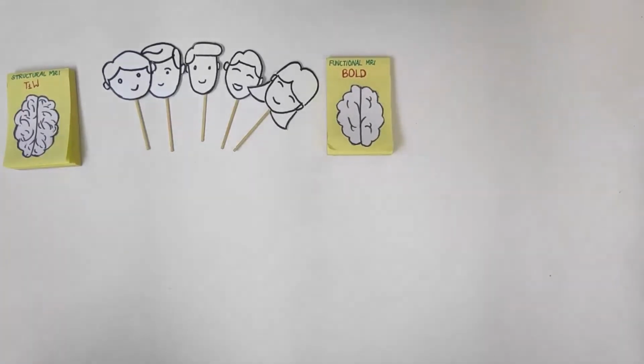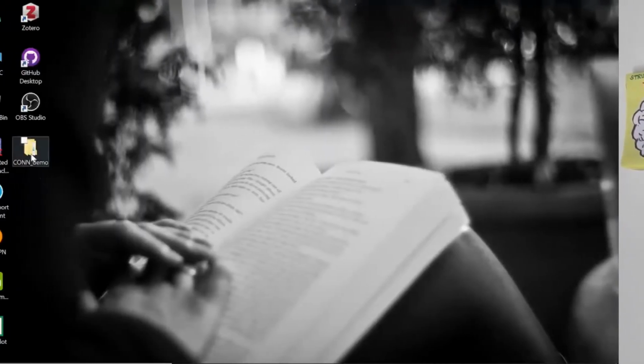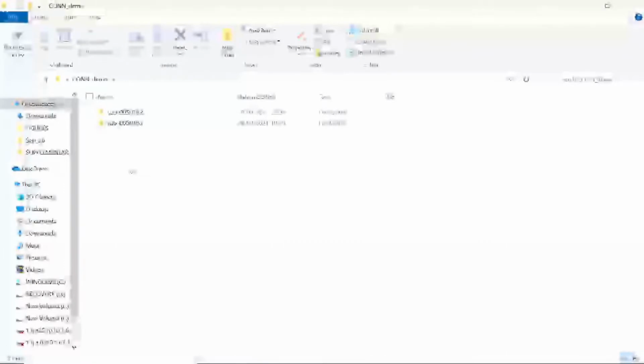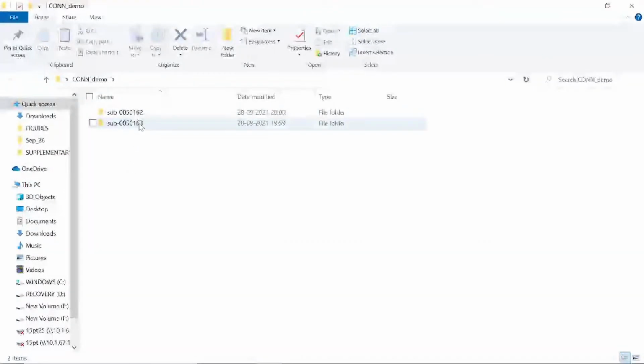First, let us look at the raw data. I have created a folder on my desktop called CONN demo, which contains two subjects obtained from the ABIDE dataset. Each subject folder